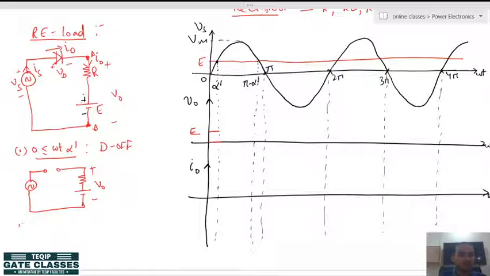But since the source is disconnected from the load and the circuit is not completed, hence the output current will be 0. So, now let us talk about the next instant, that is from alpha dash to pi minus alpha dash. From alpha dash to pi minus alpha dash, the diode is forward biased and thus the diode is on. So, when the diode is on, if we draw the modified circuit,